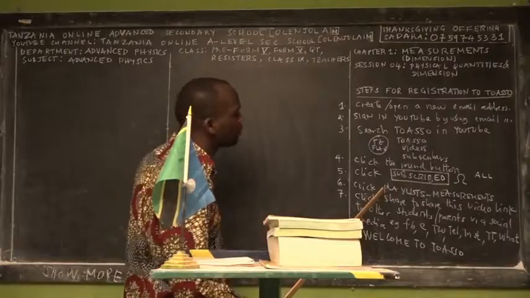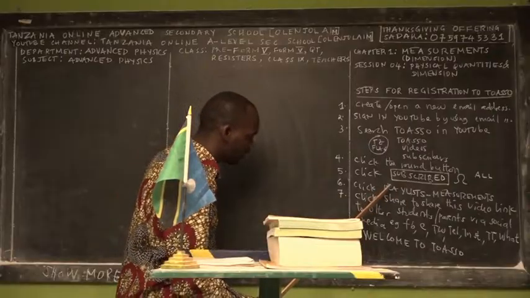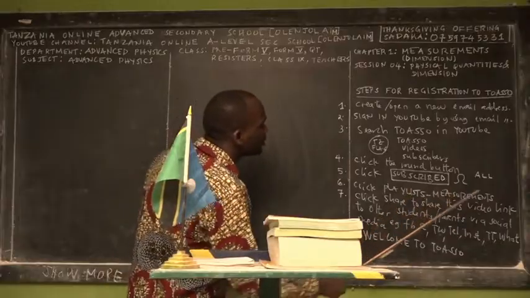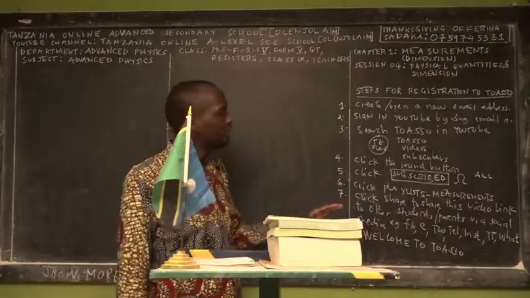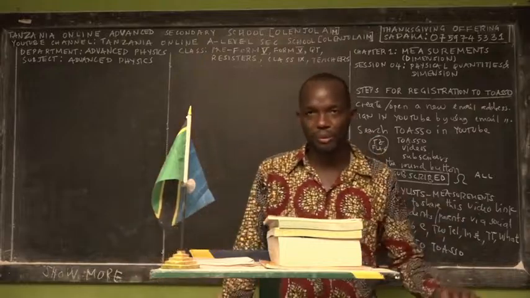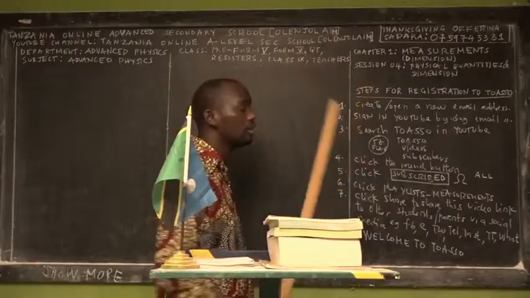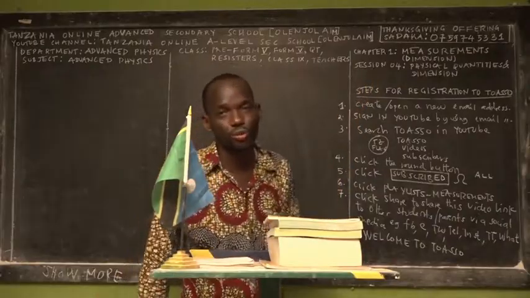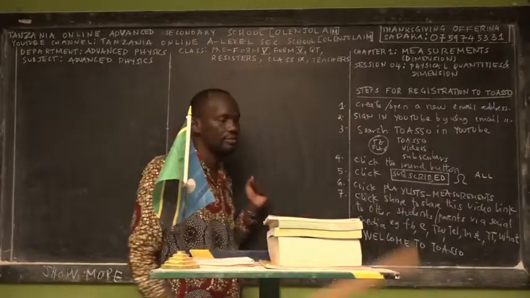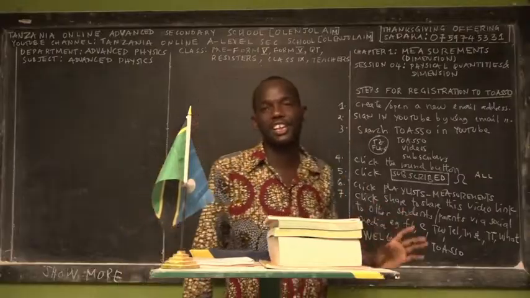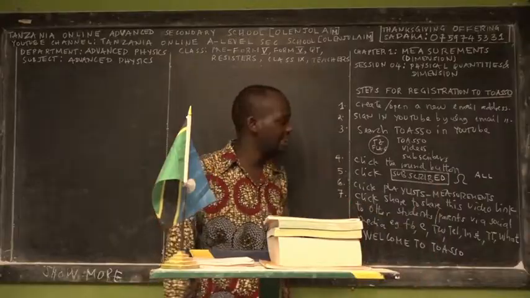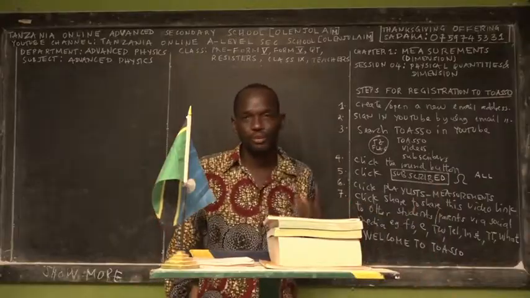So click the toolbar or the button that is written playlist. Then find the playlist written measurements. There you will find the collection of all sessions about measurement. Right now, this is session 4. We have taught you session 0, session 1, session 2, and session 3 of the measurement, and this is session 4. You can access previous sessions and future sessions systematically in our playlist called measurements.